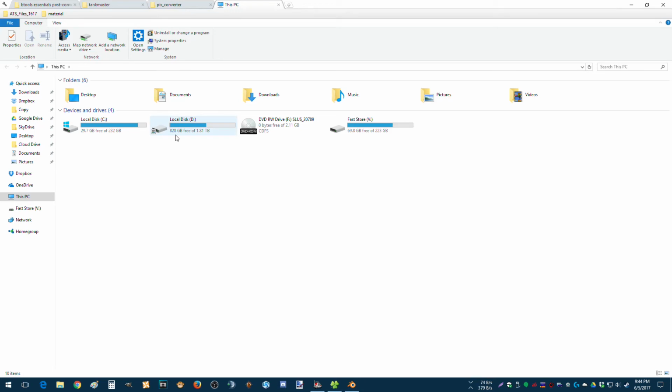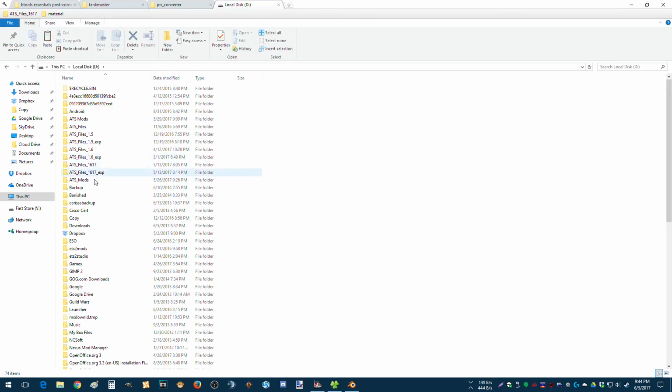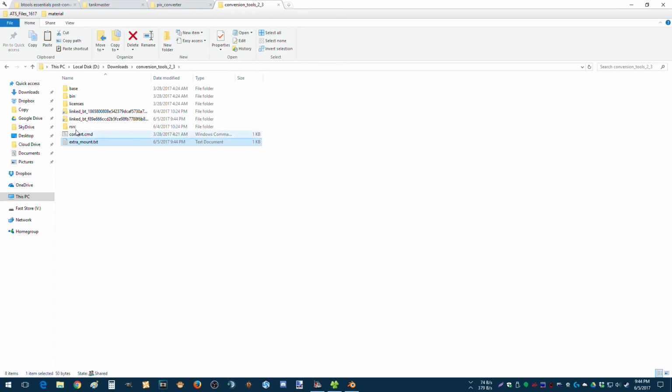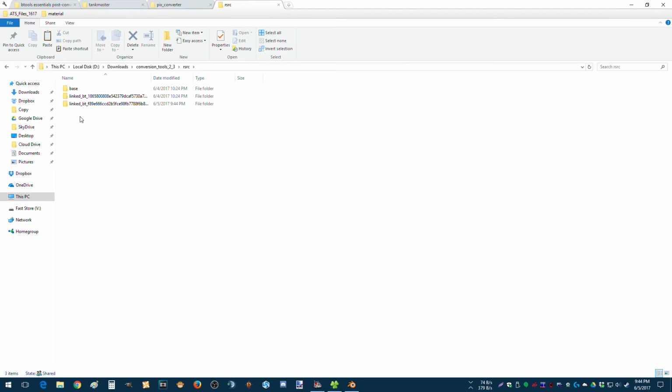You're going to find your conversion tools folder, RSRC. So this is the 5th of June. This is the one I just did. Here it is. Vehicle, trailer, tank master, PMC, PMD, PMG. Right? So now